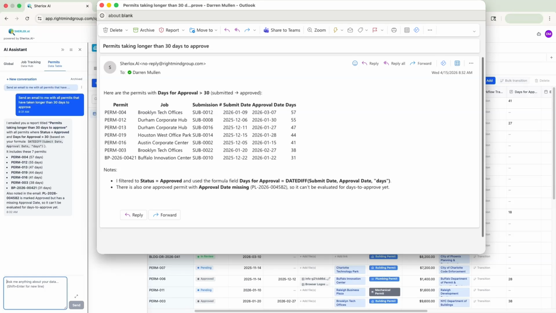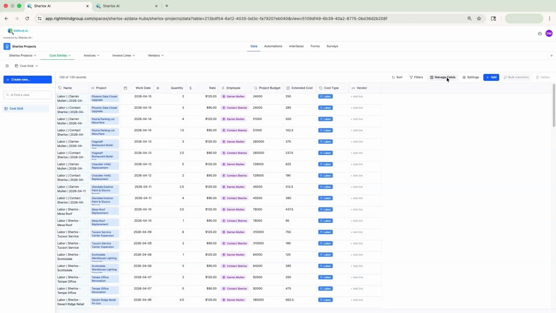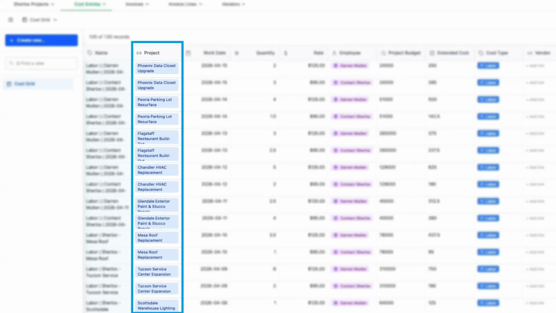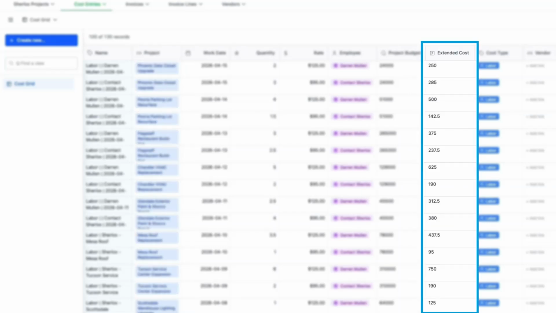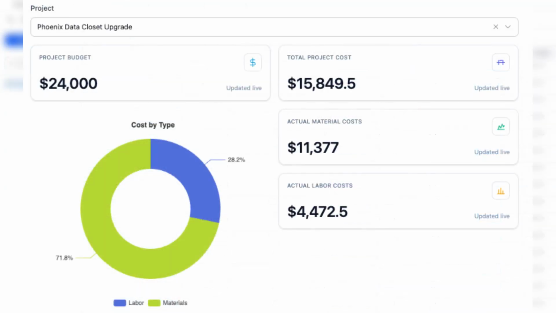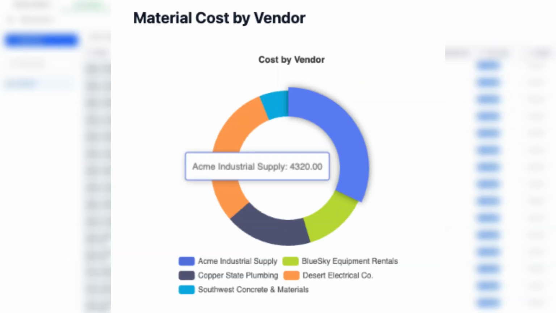And for AI to be so powerful, you need the proper data architecture, which brings me to the next point. Data in Sherlox is connected relationally. Here, you can see cost records linked directly to their parent project. And when you combine that relational structure with formula fields, you can surface powerful insights across your entire portfolio, such as a project-specific breakdown of labor versus material cost, or any other cross-record calculation you need, all without ever leaving